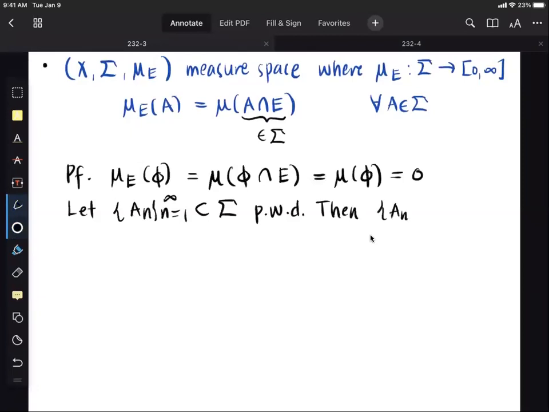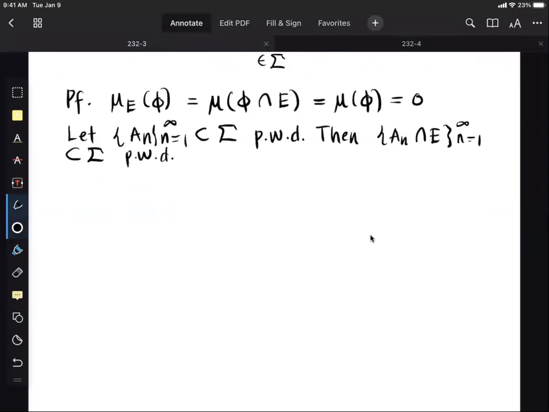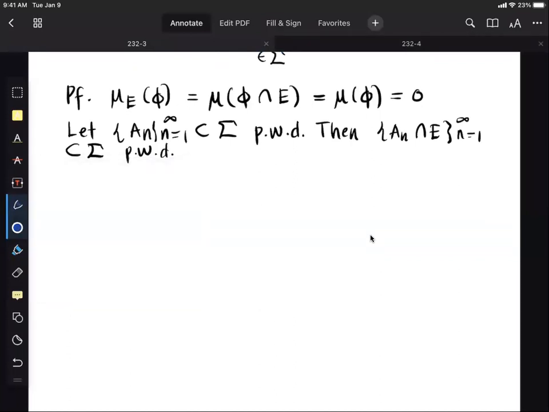Then, if I take the intersection with E, the closure of sigma algebra under intersection implies that this sequence here, A_n intersection E, would also be a subcollection of sigma, or they belong to sigma. And in fact, these are also pairwise disjoint,